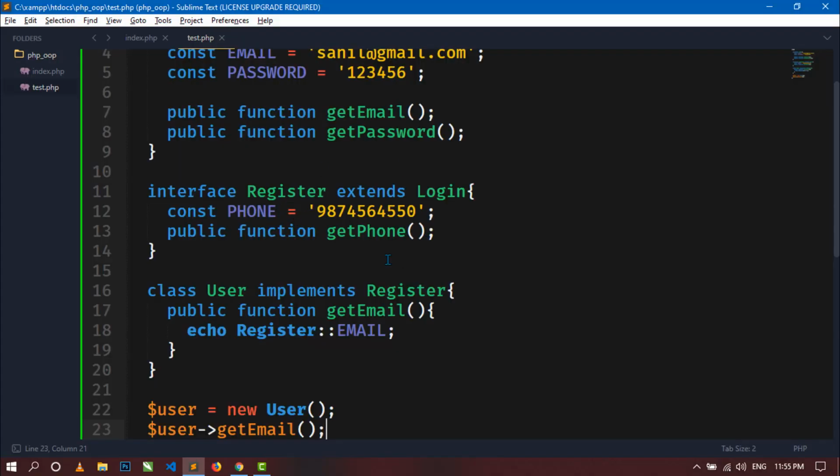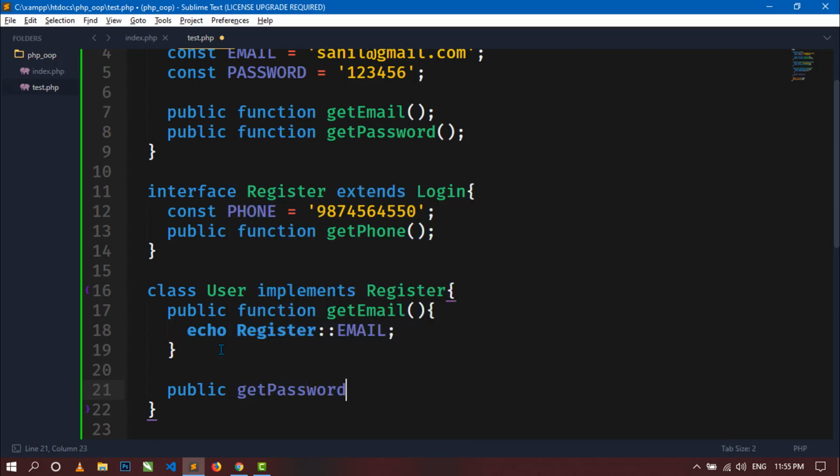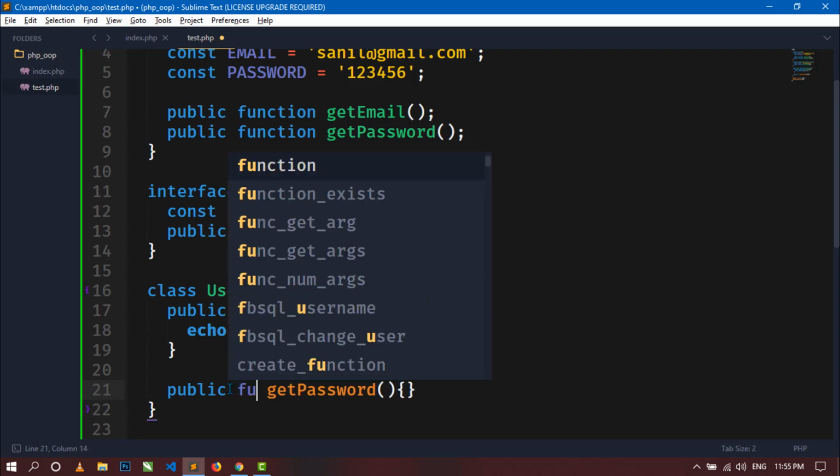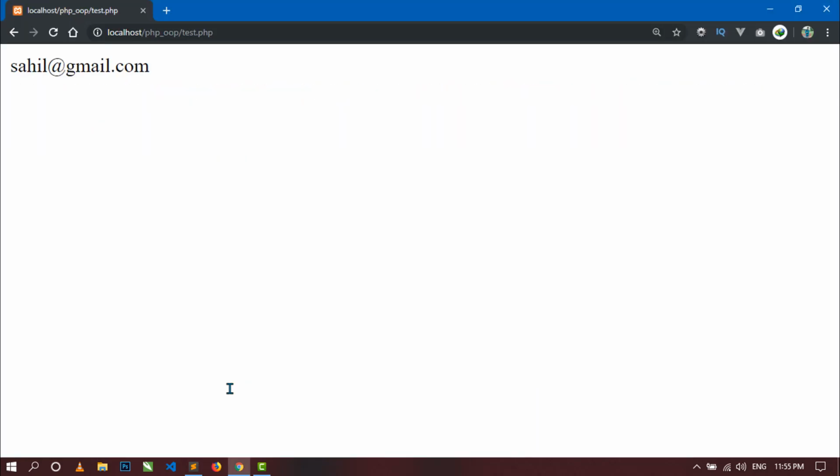If you don't want to define any abstract method, then here you can just write public function get password and just open these curly braces and leave it. Similarly here we have to write function, just duplicate this and get phone. Now if we save this and go to the browser and refresh, the error has gone